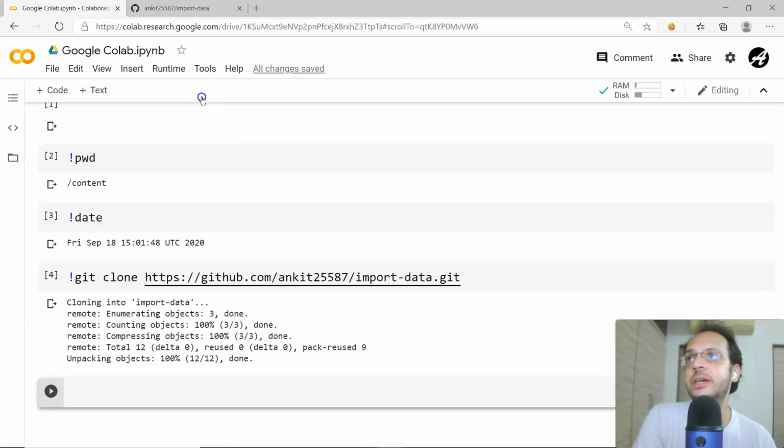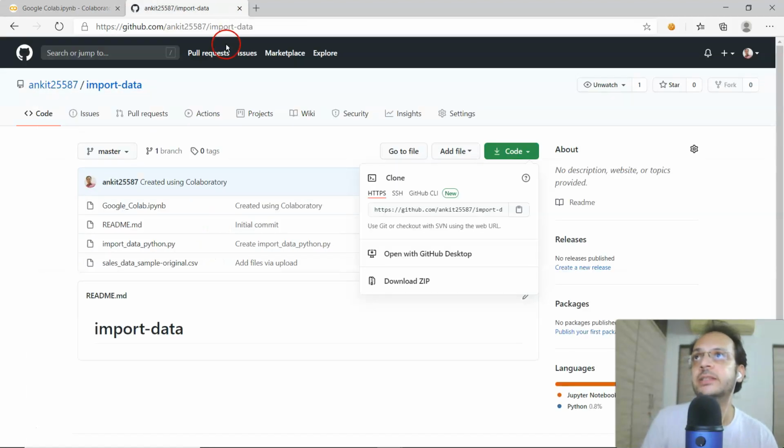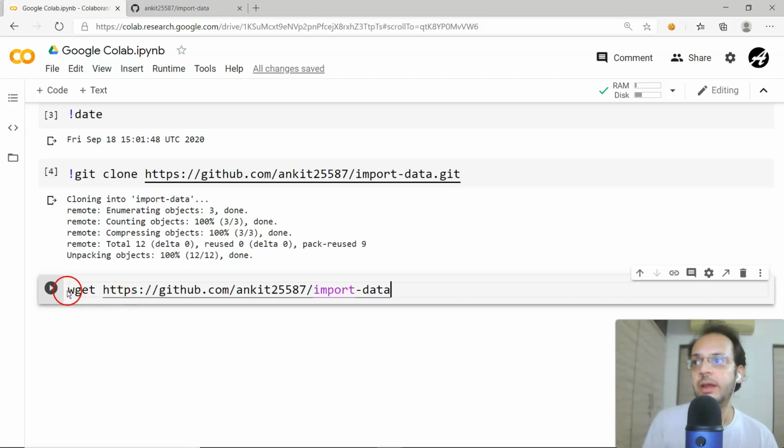We can use other utilities like wget also. So let me just try with wget. Let's say I just want to download this particular web page, or let's say some other file. Let me try with this web page only. So I'm just going to copy this particular web page URL, and with wget I am just going to provide it. Now here also wget is one of the utilities, a part of this Linux system, so you do not need to worry about any kind of installation. It is by default a part of this Colab environment, and as you are firing the system level command, you have to provide this exclamation mark.